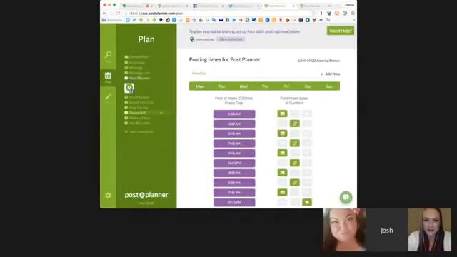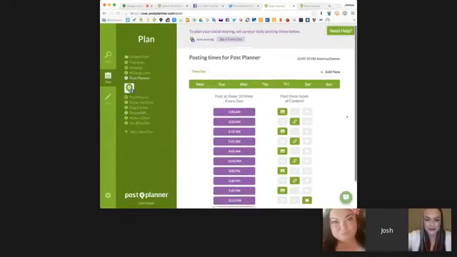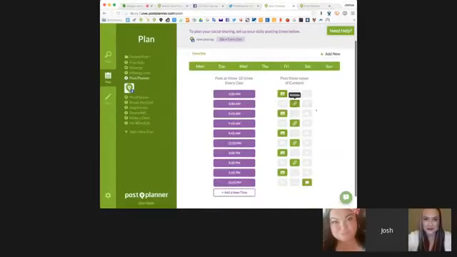So we've decided to go with images most of the time for our chum, right? Now for our baited hooks, we're sticking with our own blog posts. So you can see, if we look at this plan right here, that Post Planner publishes 4 links every single day to Facebook. And those 4 links are our baited hooks. All 4 of them are blog posts back to our blog to get people in the funnel.